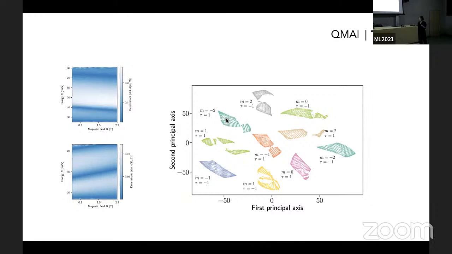So this data, I could color it for you to show you a persuasive argument. They are from numerically generated data, so I know what the quantum numbers are. I colored it by the quantum numbers that my students used to simulate that. After we were looking at this for a while, what we understood is that you can think about it as lower probability configurations here. So when you are creating